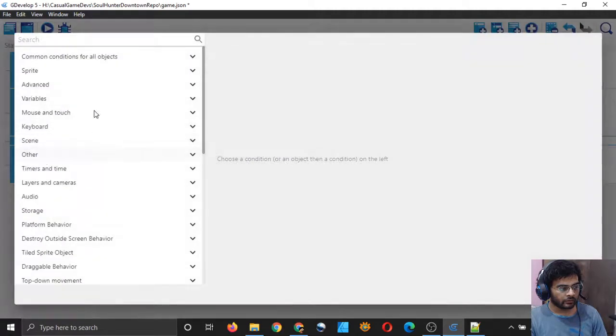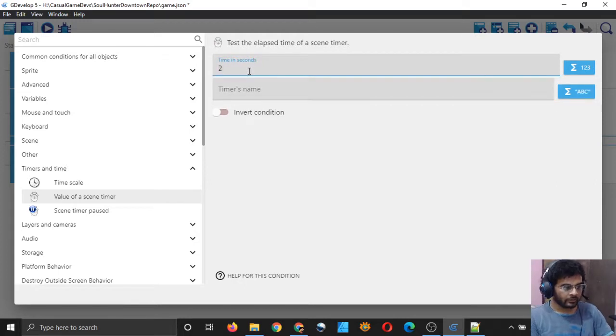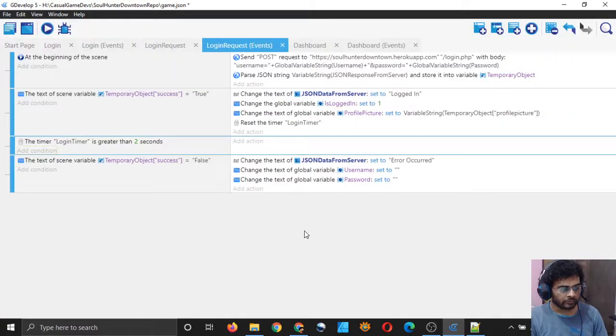add a condition, timers and time value of a scene timer, and time should be 2 seconds, and scene timer's name is login timer. And if login timer is greater than 2 seconds, then I will change the scene. I mean that if login timer exists at all, then that means that we have logged in successfully.